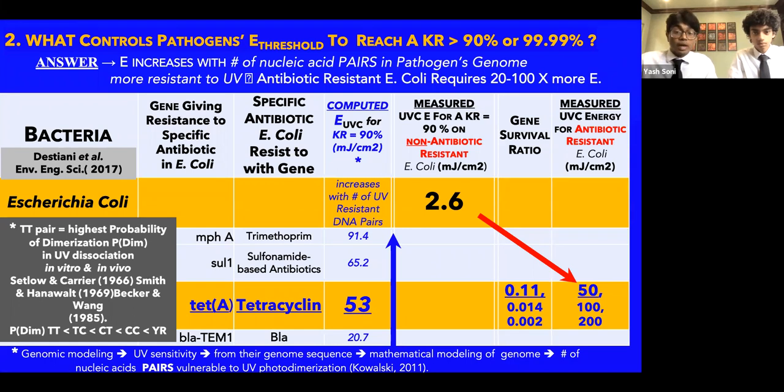An example is tetracycline, which has a computed energy for the kill rate of 90% of 53 millijoules per centimeter squared. Comparing this to the non-antibiotic-resistant E. coli, which has 2.6 millijoules per centimeter squared, this is a drastically large difference between the two. And as you can see, the gene survival ratio for tetracycline changes with the measured UVC energy for the antibiotic-resistant E. coli, with 50 millijoules per centimeter squared having a gene survival ratio of 0.11 and increasing as the,